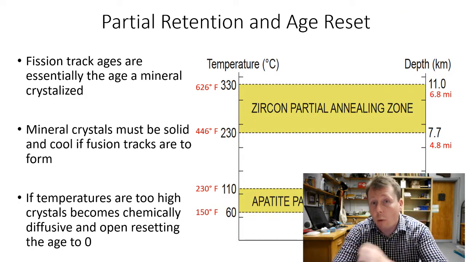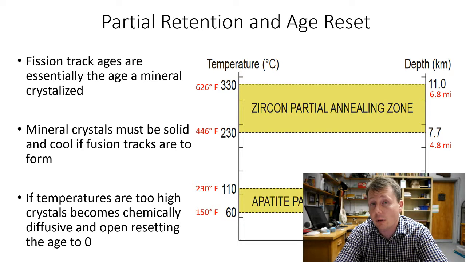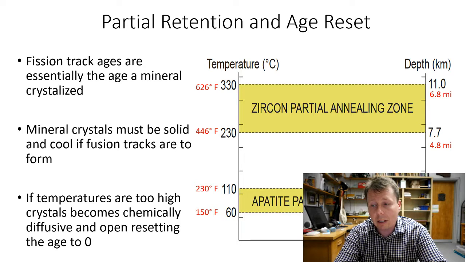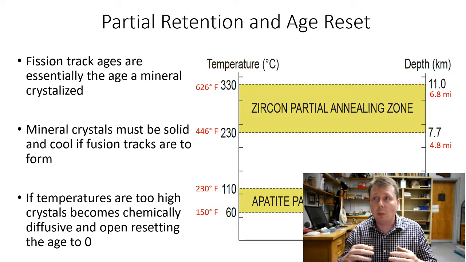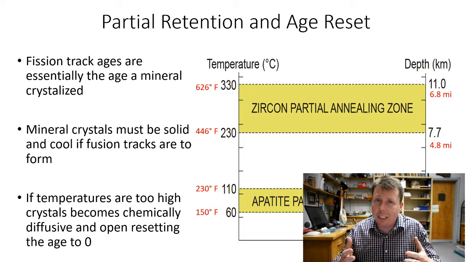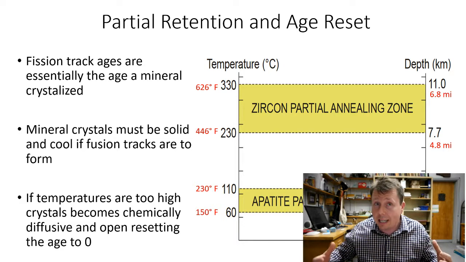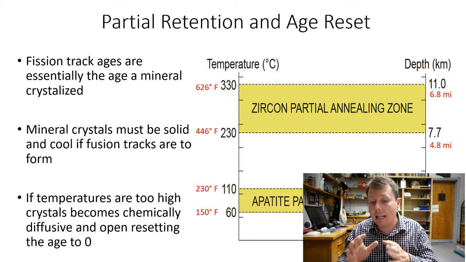As I mentioned before, with this type of radiometric dating, as with all radiometric dating, we want to watch out and make sure things don't get physically and chemically altered too much and don't get heated too much. This is one of the trickiest parts of fission track dating. We're working with the mineral apatite and the mineral zircon. And the annealing zones for these, the partial annealing zones, think of them as temperatures which allow the system to open. It makes it kind of Swiss cheese-like and can allow some of the isotopes, either parent or daughter, to escape and offset the age.